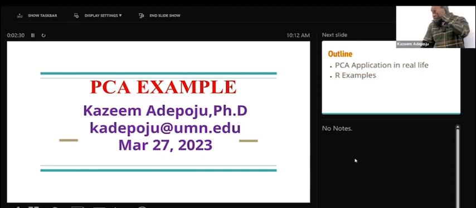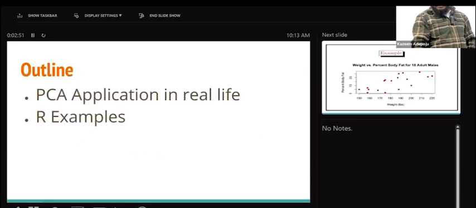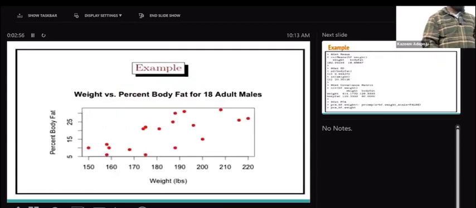Okay, so I'm going to welcome you to principal component analysis. Of course, we've done that before, but I'm going to walk you through some examples. How do we do it now, and stuff like that? Okay, so the PCA applications in real life are examples. I'm basically starting from two variables here. But let me tell you before I go into the example,